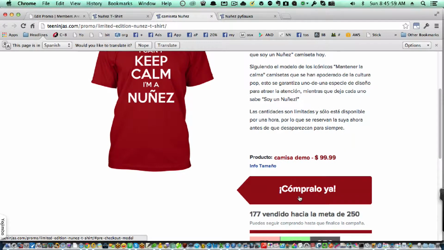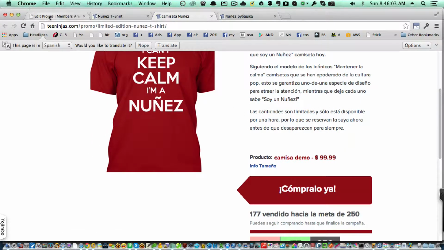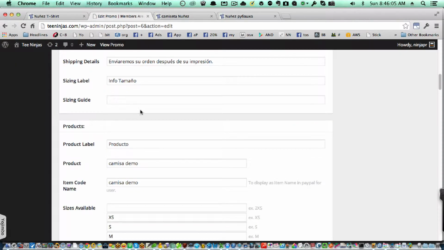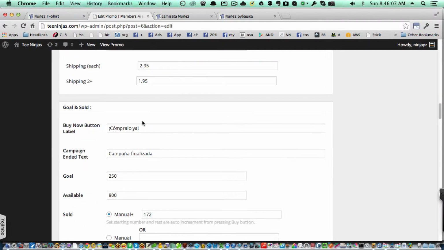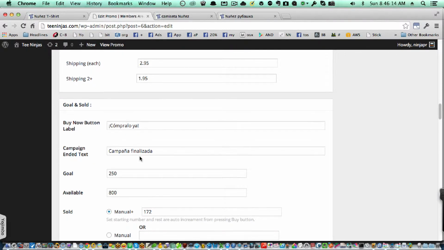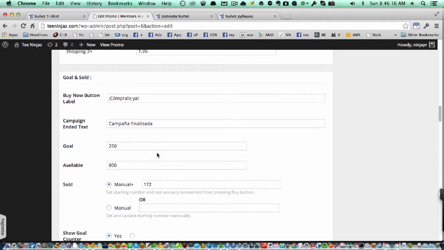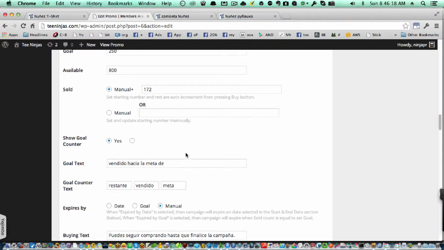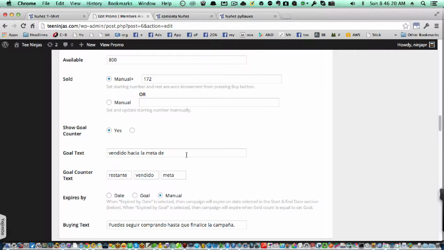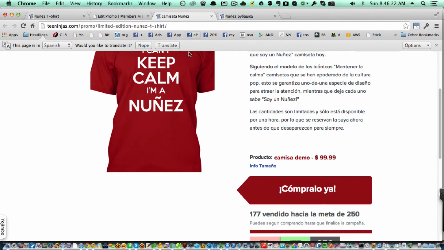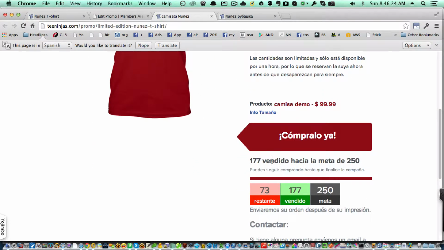And then you have an option to change out the text on the buy button. You also have an option in here to change out the campaign ended button, which should show up if you're running a date-based campaign and you didn't have a redirect URL. And then you'll see the goal text here, which shows up down here. So this is what's being sold so far, and here's what the goal is, and this is changing of the